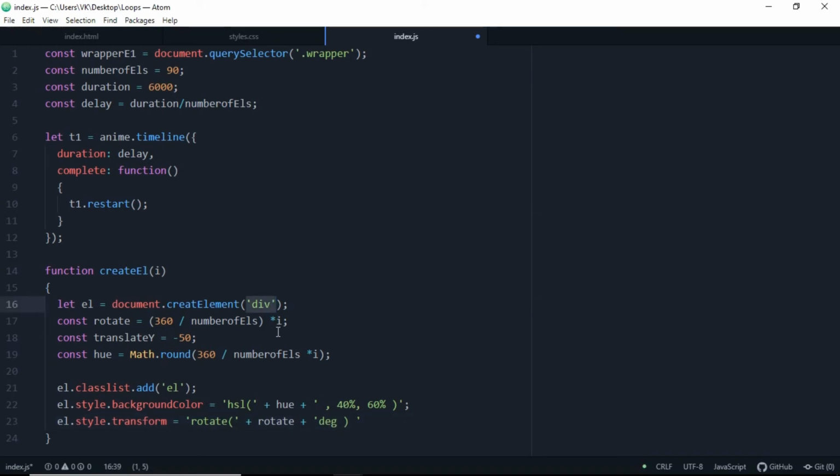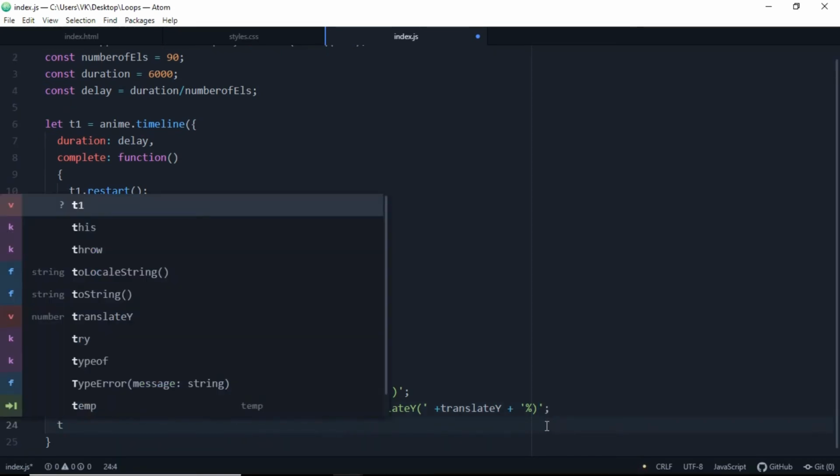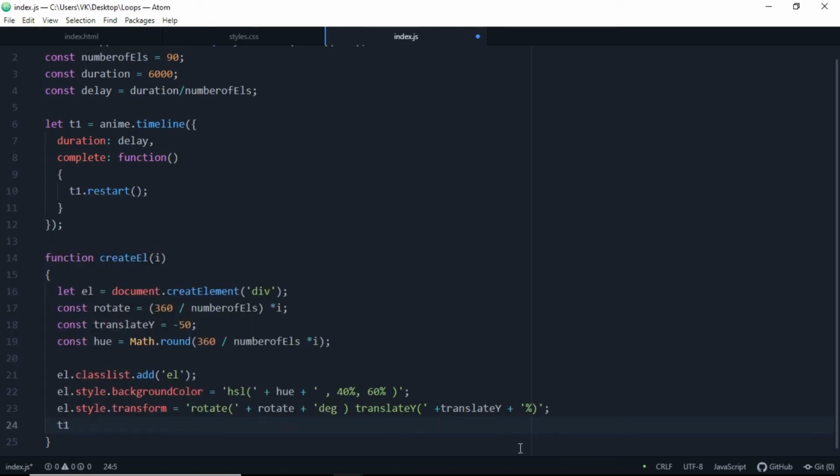And we have this div here, and then we're going to add the translateY. TranslateY will be like translating in the up and down direction. So you can add the percent here, that will translate Y as -50, so it will be in the upward direction. So whenever you animate all this, the lines will pop up.